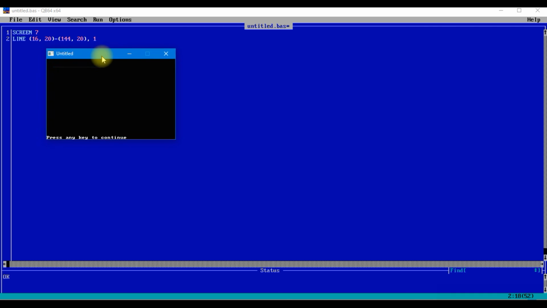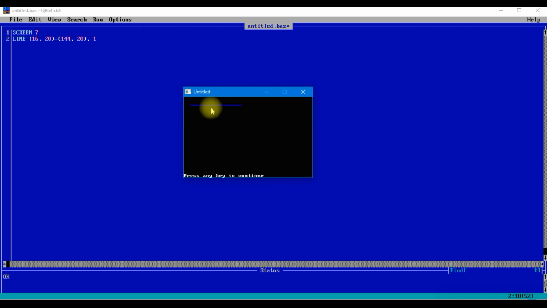Yes, the line is long, and I hope you are able to see this line now. This is just a long line. So by increasing the x values, we can always increase the length of the line. This is how we draw a line in QBasic.